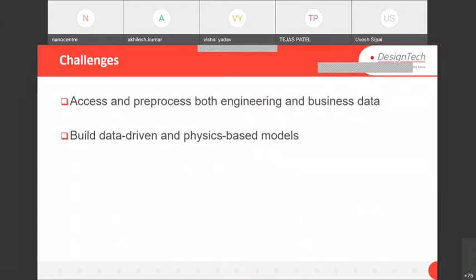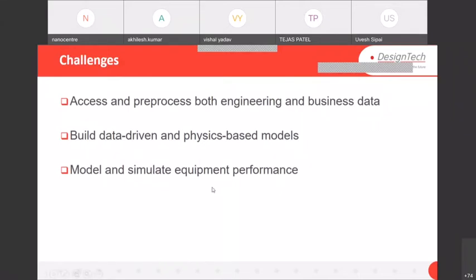Build data-driven or physics-based modeling. So two ways we can design our model. Let's say if you don't have a solar panel, if you don't have a power grid in real time, we can use Simulink to generate the data, and that is called data-driven modeling, based on the data we are designing. And let's say again you don't have the solar panel, you don't have the power grid, so manually, as I showed you, the library in Simulink, you can use those libraries to design from scratch. That is physics-based modeling. Okay, so both ways: if you have data, you can design based on data, or from the physics-based models also you can design.